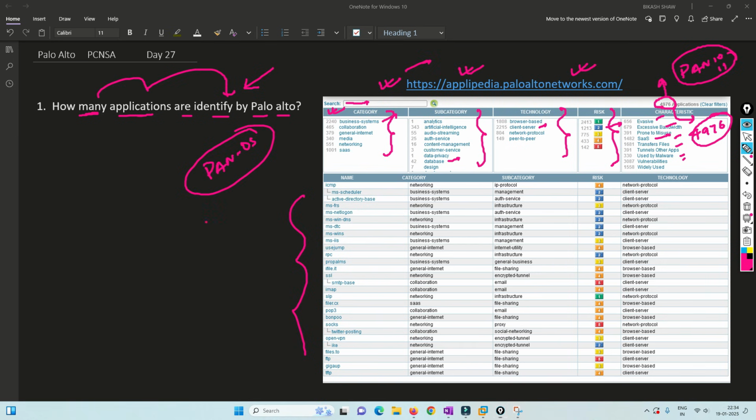And if the application is not supported in the application ID, maybe if you remember in the last video I covered, there are 3 steps by which App-ID can identify to understand the application. If it cannot, then it will be considered as unknown, right? So this is how it happens, and this is the latest number that we currently have on the Palo Alto website, which is